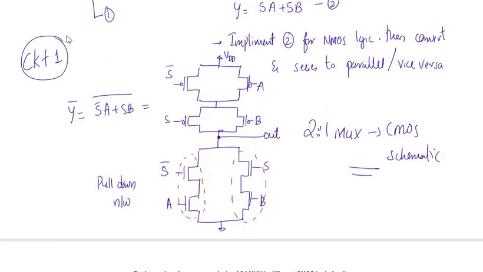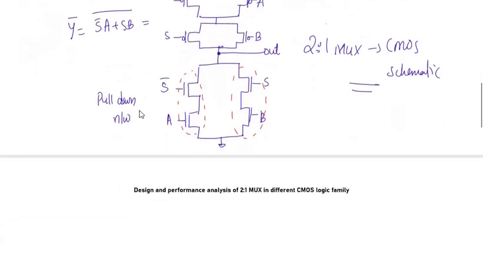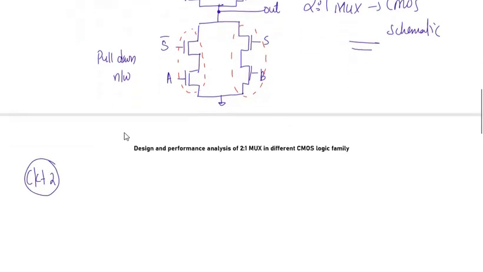Now for this circuit, I'm going to implement the same thing in the Electric VLSI tool. You also know how I implement the various schematics. Now again, the best aspect here is that this 2:1 mux is a symmetrical circuit. So basically I can see that there are 4 PMOS and 4 NMOS, and I can easily obtain the Euler's graph and try to get the layout as well. That means I can be doing the power analysis on this logic also. Now this is my first circuit. Now the same thing, circuit number 2, I can be doing that.